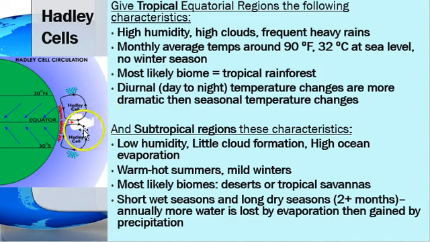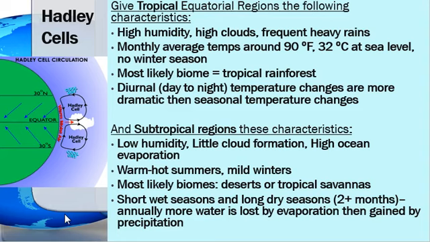Then as we move further away from the equator and we get to the other side of the Hadley cell, where everything's pushing back down, these are going to be those subtropical regions, and these are going to be areas with low humidity and few clouds and high ocean evaporation because all of that cool, dry air is pushing down. These are going to be places that have warm to hot summers, but very mild winters. And what you're going to find here is most likely either a desert or a tropical savanna, a very dry